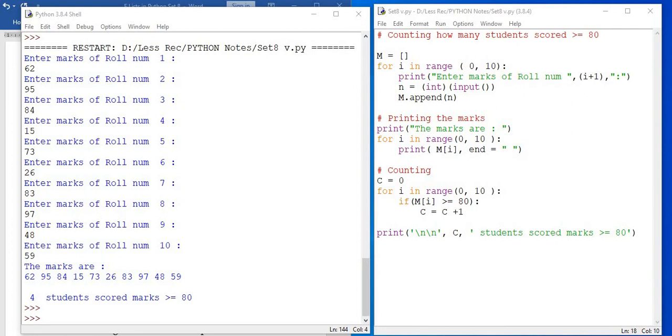Roll numbers, they cannot start with 0. So what I did here is, I made it i plus 1. This shows how you call the roll number. You don't start the roll number with 0, isn't it? So first is roll number 1. See, the output shows the marks of roll number 1 is entered, is added to the list, is appended to